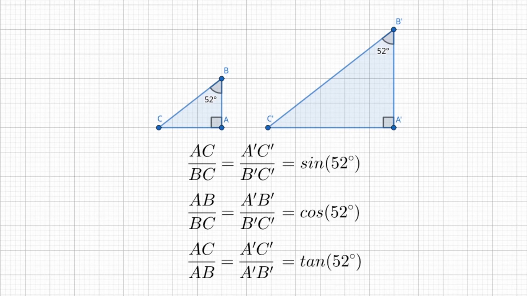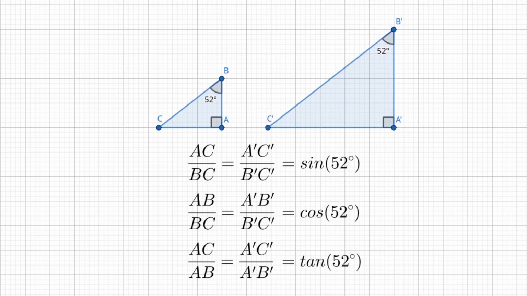Now this is important because say we're given some random triangle with a 52 degree angle, and we're given one of the sides but not the other two, and we want to find the other two sides. We can use these values, sine of 52 degrees, cosine, and tangent of 52 degrees, and find the ratio between that side and the other two sides, just by knowing the 52 degree angle in a right triangle. Then, based on this, we can find those other two side lengths from just one side length and the angles. And you might be asking, how do we know the values of sine, cosine, and tangent of 52 degrees? We haven't defined how to calculate the values of these functions. Well, you can use your calculator for them. There are a couple of special cases that I'll talk about in a second, but for the most part, you're going to need to use your calculator for this.